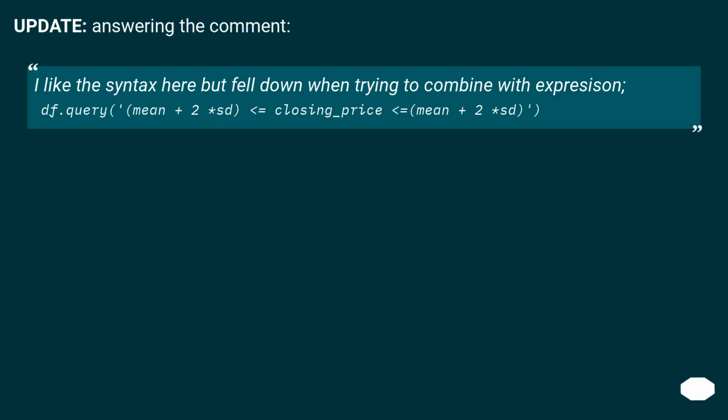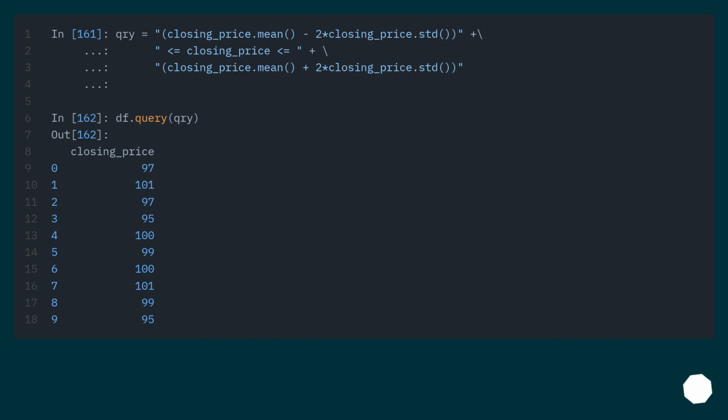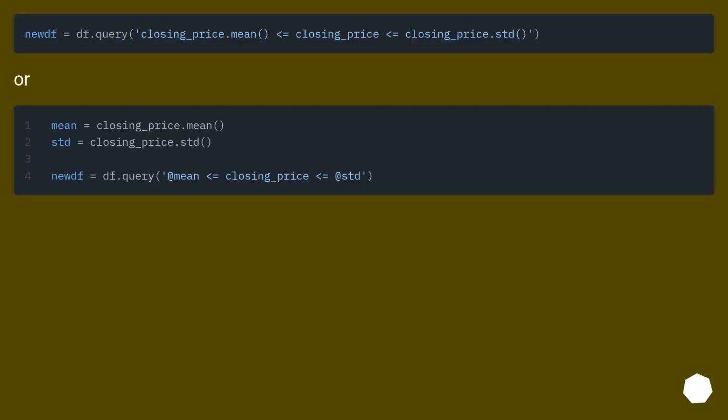Update, answering the comment. I like the syntax here but fell down when trying to combine it with an expression: df.query(mean + 2*std <= closing_price <= mean + 2*std). Or